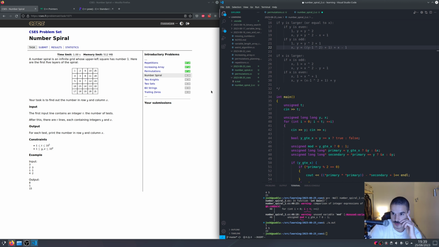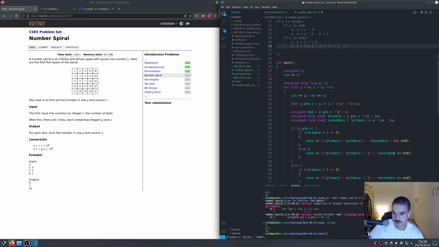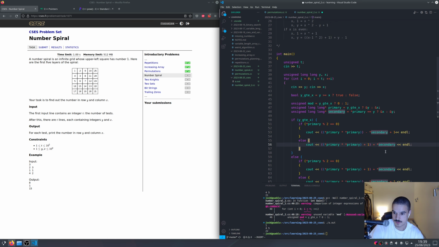So we go from 16 to 17 there. And then if our x is... Yeah, okay, I think that's actually right. So that's actually what goes in these equations